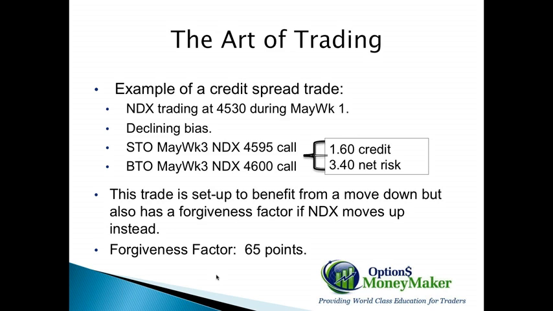Well, the forgiveness factor is allowing the index or stock to move against your position, and you can still make a profit or break even. It's also about placing natural barriers between the current price of the stock or index and the risk strike. What point of risk do you have, and where is the current price of the stock or index trading? And we want to have some natural barriers between those two. It's also about just plain being wrong on direction or timing and still potentially winning on your trade.